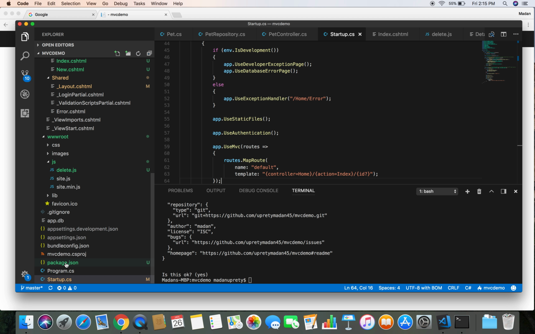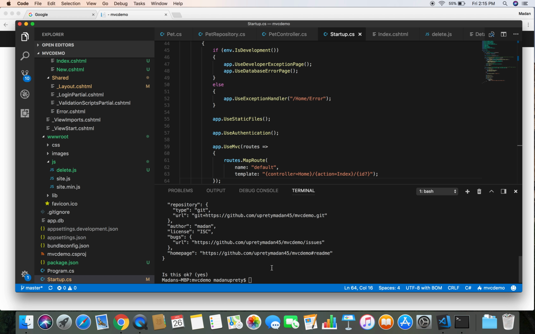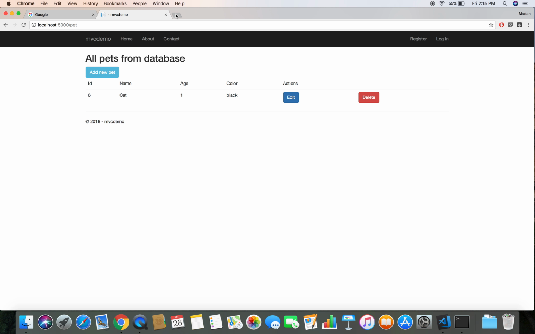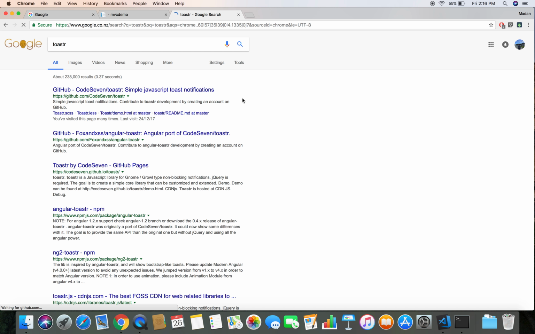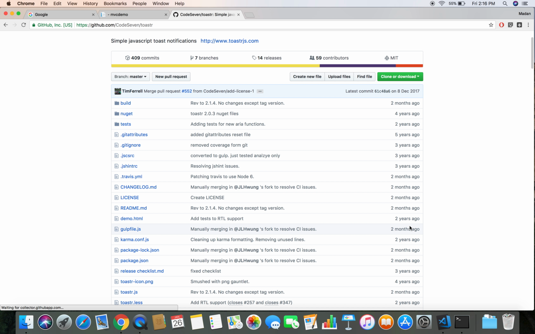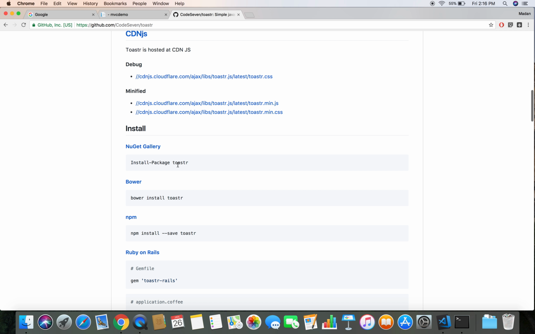So we have successfully added the Node Package Manager in our project, and once we do that, we should be able to install the client-side JavaScript packages by using a simple command. So let's clear this, and let's say you want to install the Toaster JavaScript library. What Toaster is, it just gives a simple nice toast message to the user. And in order to install Toaster through Node Package Manager, we have to do npm install